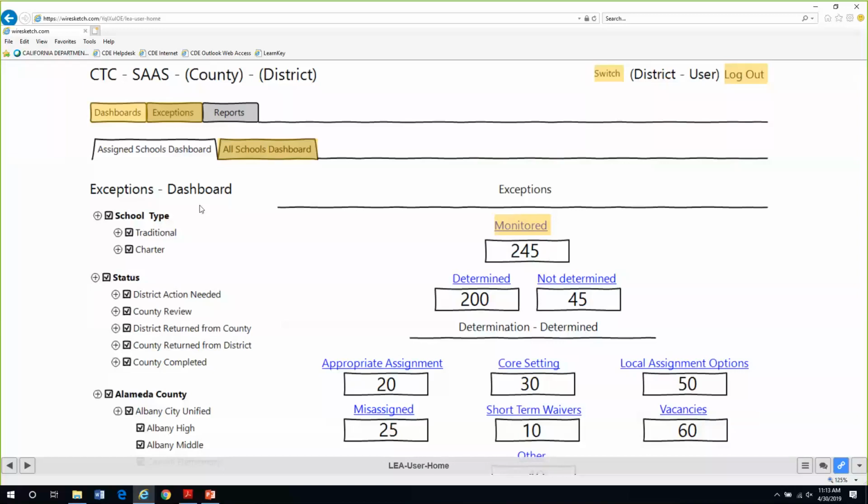The following year will be consequential, meaning the CalSAAS system is required to be engaged in for assignment monitoring. And if you choose not to engage in the CalSAAS system, everything that's identified as an exception will become a misassignment. And that's how it will be reported for your district and county and school site, both to the feds and for purposes of all other areas where misassignments are reported out, like in the LCAP.